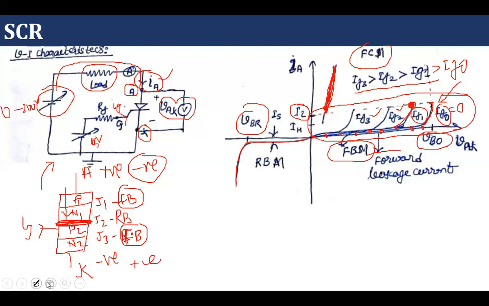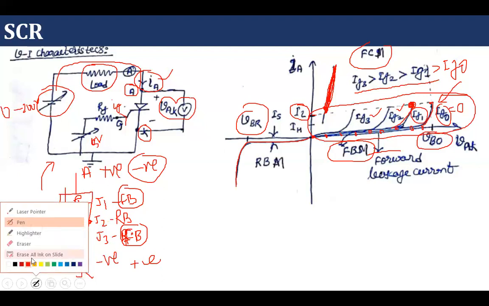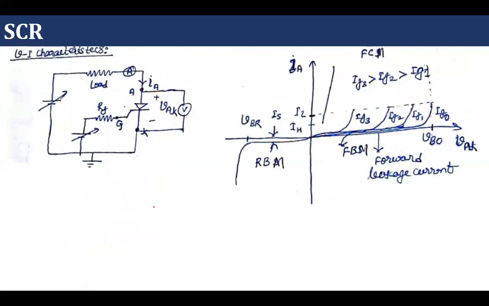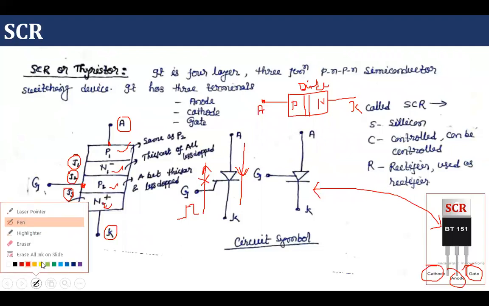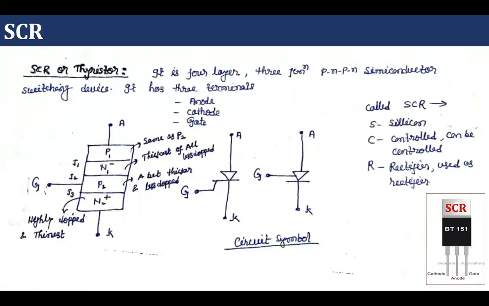Now, why does this device turn on very easily just after giving the gate current? This we can understand with the help of construction. What happens whenever we give the gate current? It means current will circulate in this manner, and this is the reverse bias junction. This is the J2 junction, which is reverse biased. So if current is going in this manner, it means electrons will go in the reverse direction.